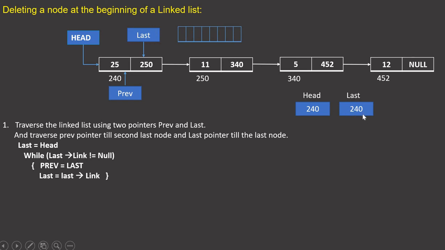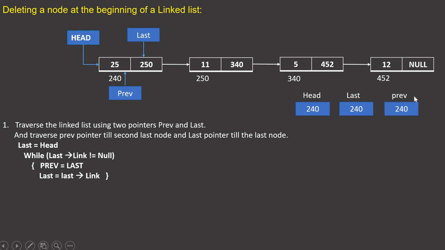This pointer, last, is still having the value 240, but I can visit the first 4 bytes and the last 4 bytes, right? So I'm just visiting the link part, meaning the last 4 bytes, and reading this value, but I'm not changing the value of last, it is still the same. So I'm just reading the last link part, and if it is not equal to 0, then it should save the value of last inside previous. So the pointer previous comes into the picture, and it is going to save the value from last.